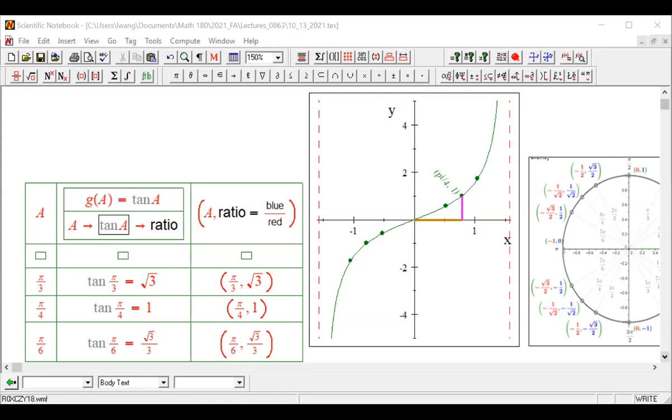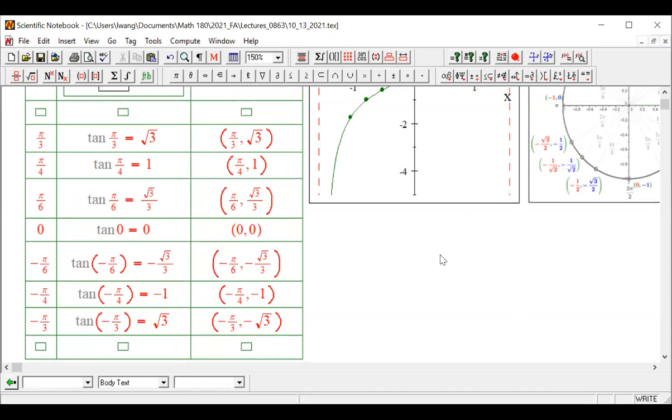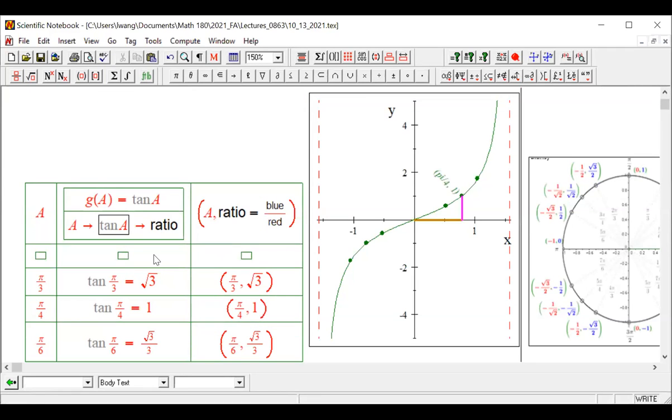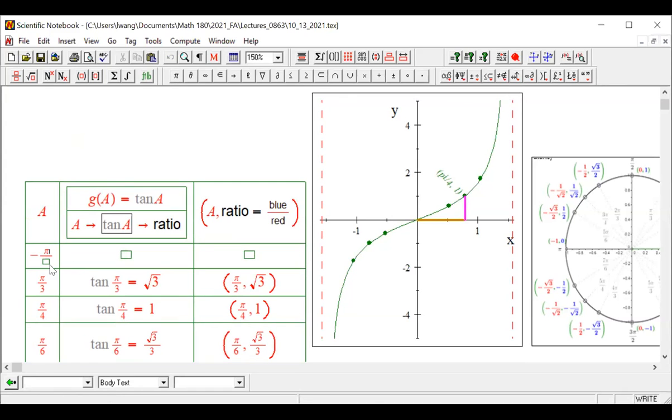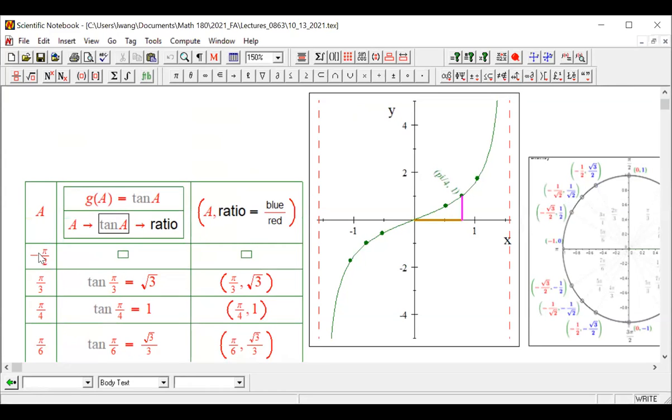Let's first start from the table. There's one more thing we need to cover; we need to review, actually. We know that negative pi over 2 is undefined. Let's do the positive, since I do this on the positive side: pi over 2 is undefined. Therefore, we want to see what happens if A approaches pi over 2. If the angle is approaching pi over 2,